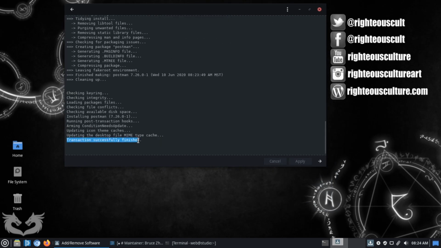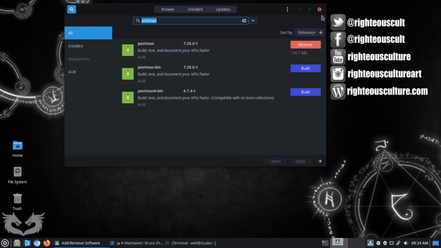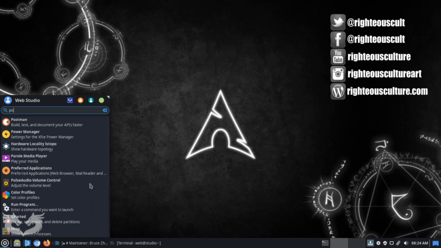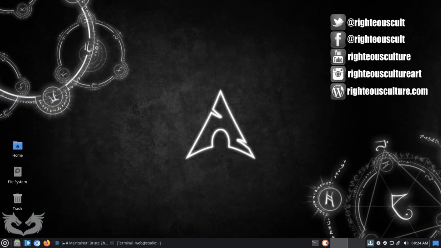Okay, and transaction is successful. So now Postman is successfully installed. This is just a workaround, but they will update this from PDF to HTML very soon. Okay, let's just launch Postman,